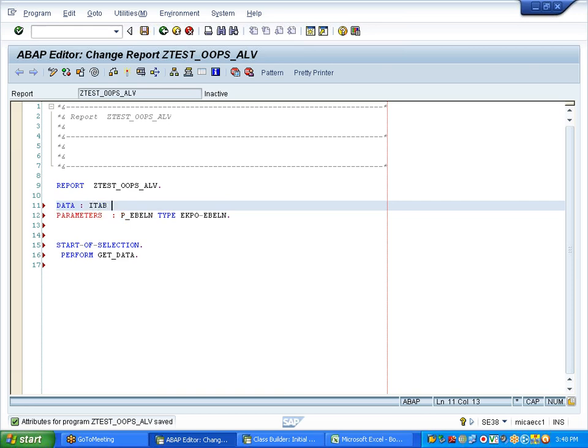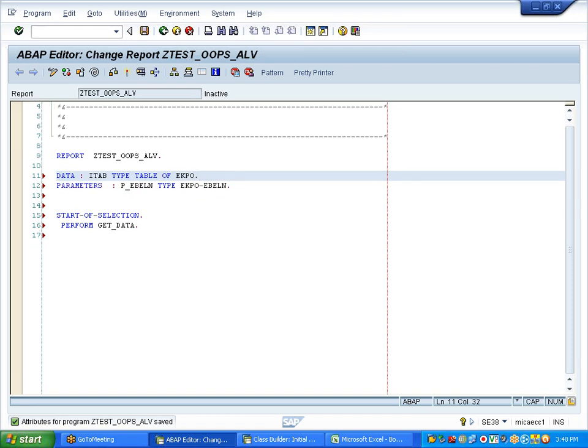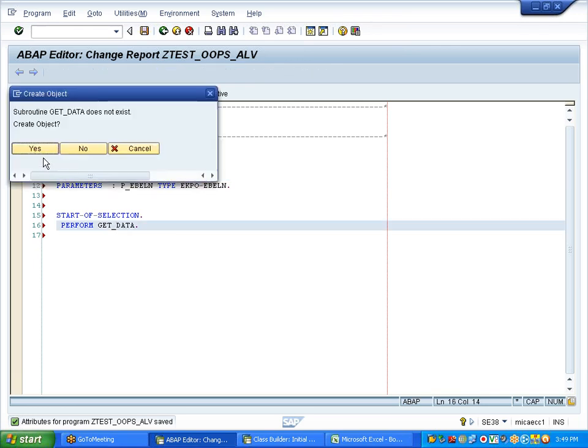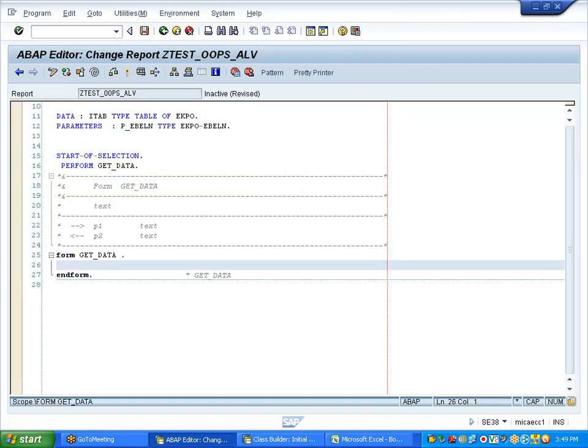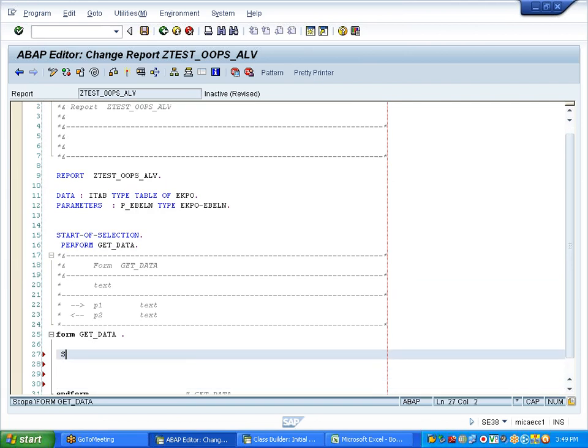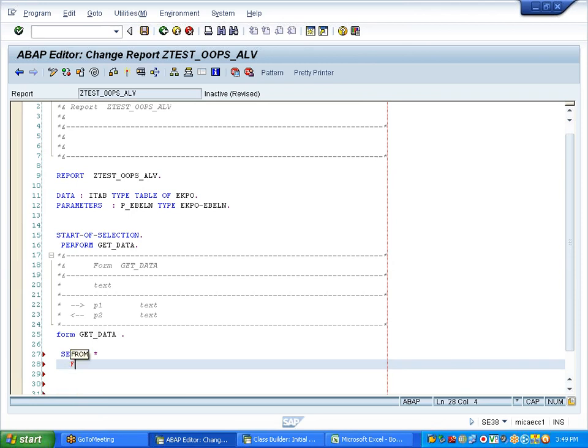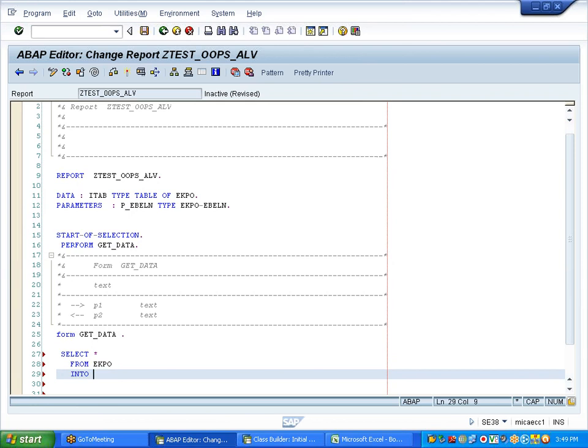Data itab type table of EKPO, but in the real time don't do like this. Don't give the entire structure. Declare a structure with the required fields and then only do the select query. Go to the perform get data. In the perform get data, I'm writing the logic here. So what I'm writing here is select star from EKPO into table itab, where